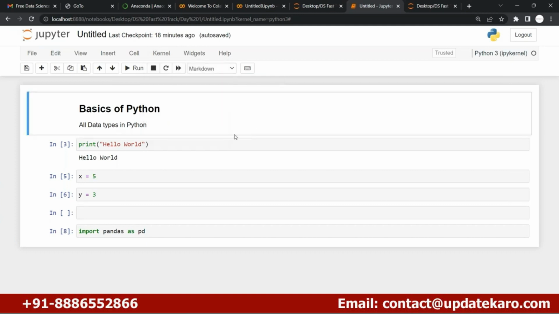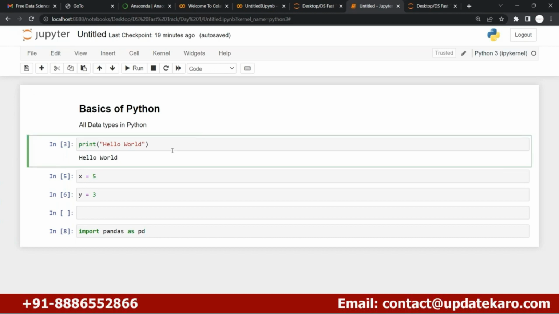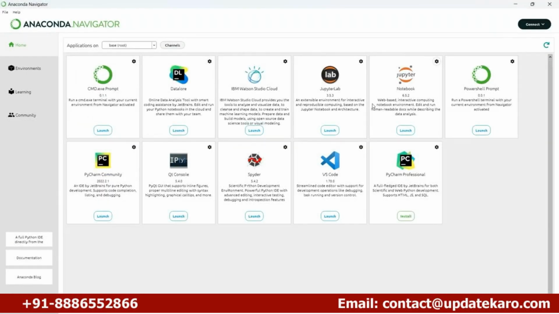So guys, kernel is the thing. Kernel is nothing but one piece of software that helps us run this particular code in the Jupyter notebook. Like in the navigator you will see that there are so many things. For each and everything there is a kernel, and the kernel will help you to run your code